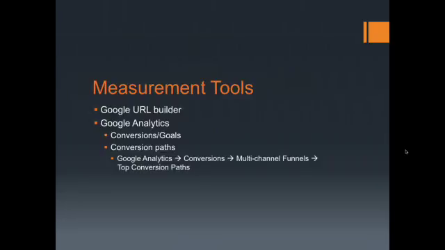The idea here is we want to set up a goal that tracks a desired action on your website. For example, with our company, one of my desired actions is that consumers come to the website and click on the online bidding link. So I've set up a goal through Google Analytics that counts every time a consumer comes to our website and clicks on the click here on bidding link.